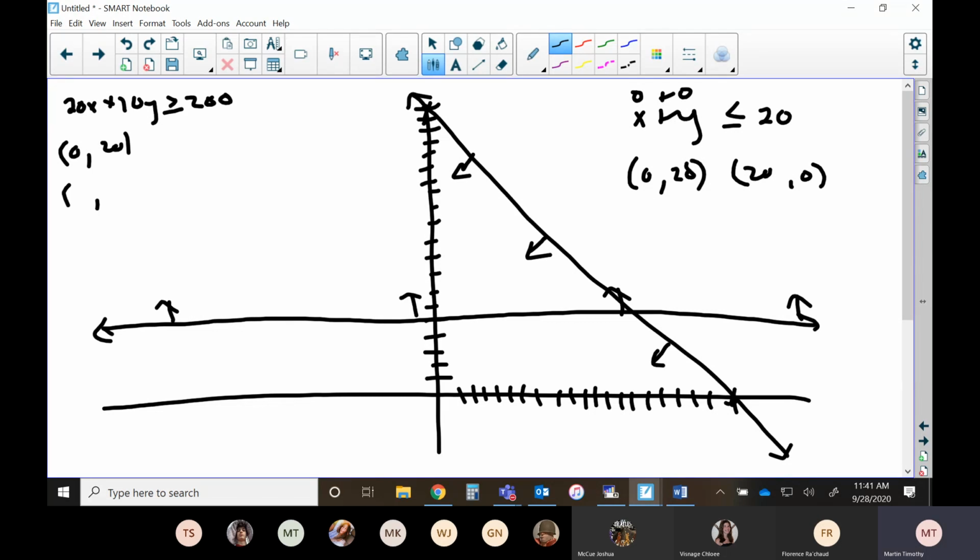Then I'm going to plug a 0 in for y. This goes away. So I have 20 right here, same intercept, but this one is 1, 2, 3, 4, 5, 6, 7, 8, 9, 10. It goes to right here, and it's a solid line again. And if I try 0, 0,